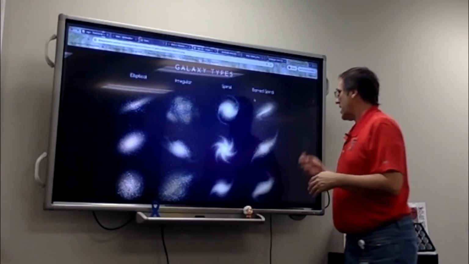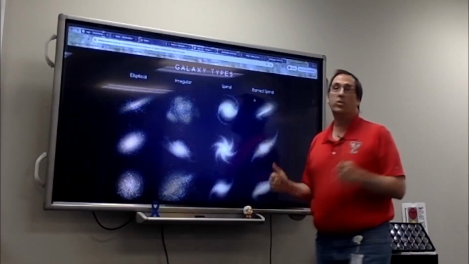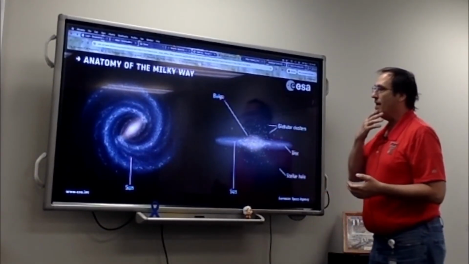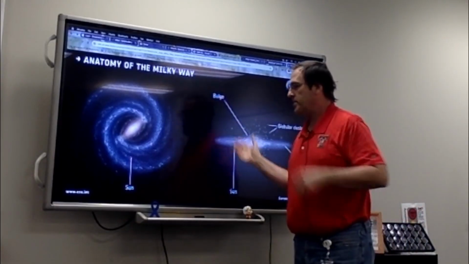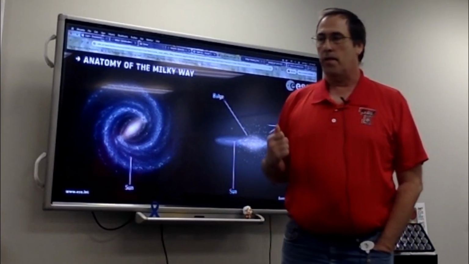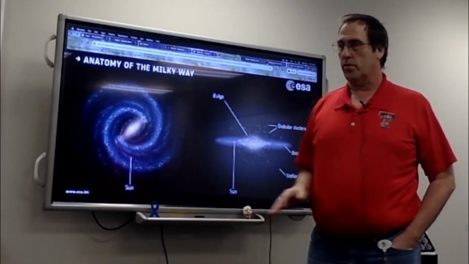All right, and so you have these different galaxies in their basic overall structure. I want to take a closer look at the Milky Way. This is our Milky Way, and the information here is the result of years and years of observations through telescopes, whether they were in orbit or on the surface.